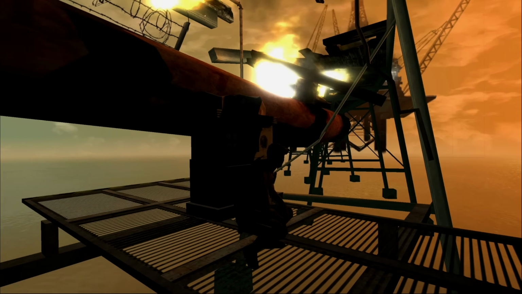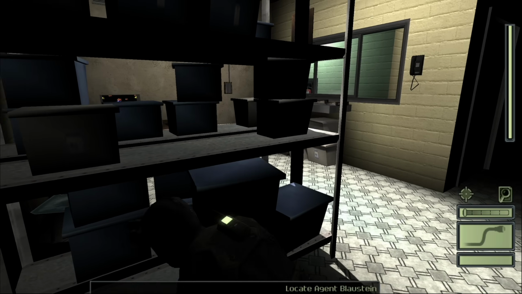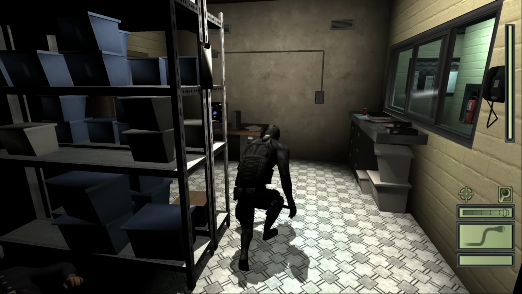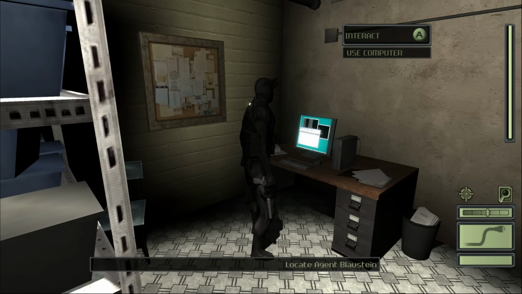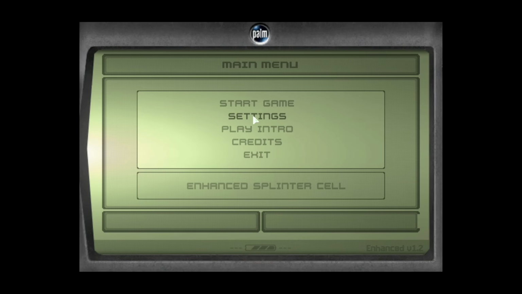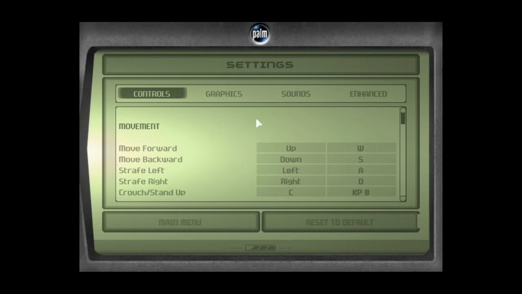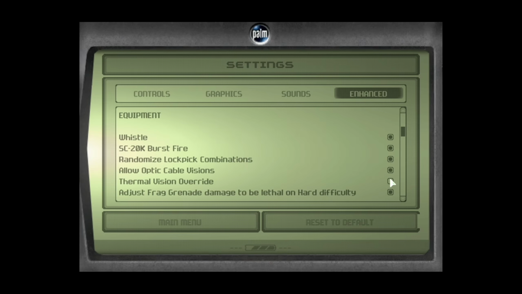To access Splinter Cell Enhanced, one only needs to go to its GitHub page to download it, which I have linked down in my description. There are full installation instructions there for both the GOG and Steam versions, as well as instructions on how to uninstall it. After the patch is installed correctly, when you boot up the game and go into the settings menu, there will be a new Enhance tab where you'll be able to toggle and tweak many of the improvements added. We'll be touching on these a little later in the video, but for now I want to focus on the